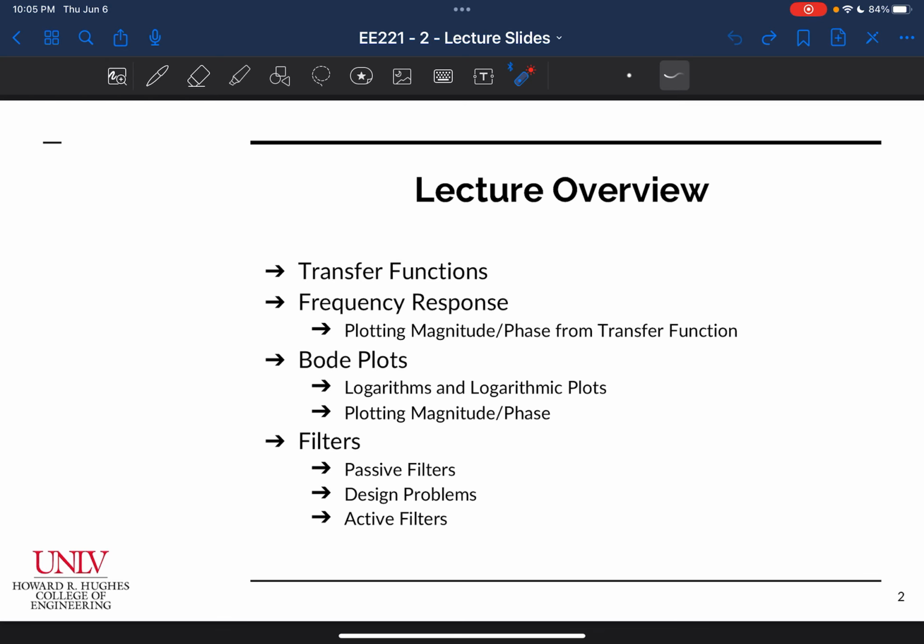with transfer functions. So you've actually already seen transfer functions sort of when we did voltage dividers and current dividers, but you probably just didn't notice it. So I'm going to go through some examples and talk about transfer functions, show you how to derive them and why they're important. Then we're going to get into frequency response, which is basically plotting